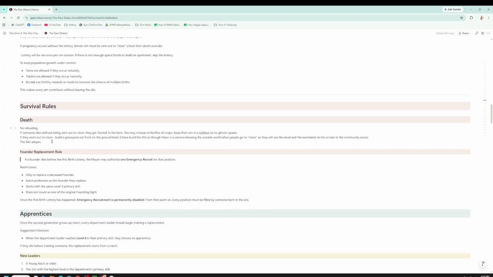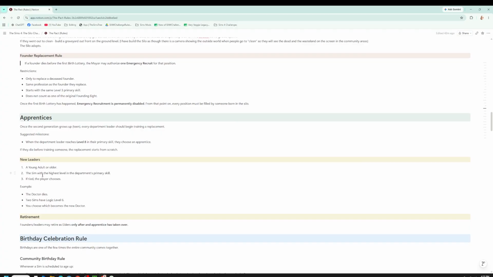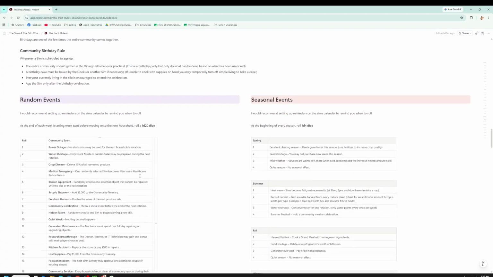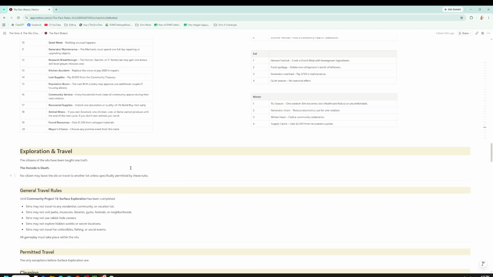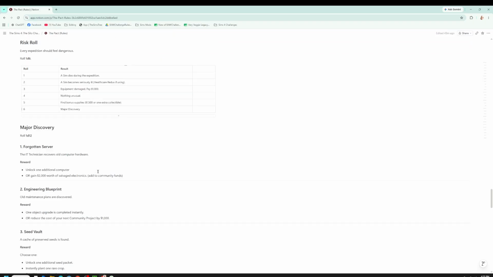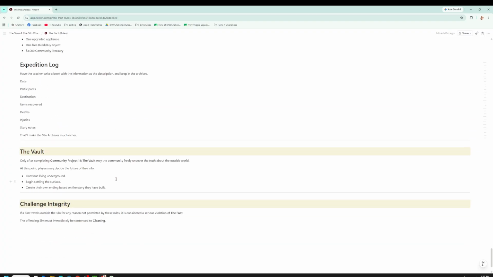There are different survival rules, which we'll go over: apprentices, how to put a new leader in, retirement. There's a birthday celebration rule where every sim that is scheduled to age up has to have a birthday party. And then we have our random event rules and seasonal event rules. And then it goes into exploration and travel and stuff like that, which we can dive into further once the